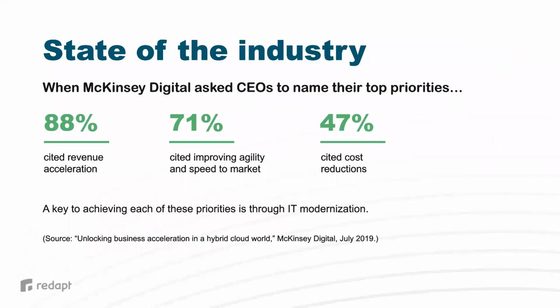So here's the lay of the land in terms of how we understand where things stand. These are numbers that we pulled from McKinsey Digital, the survey that they did in July of 2019. Three of these numbers sounded very interesting to us, and so we popped them up here so we can have a discussion around this. That again indicates the state of the industry, right? So when we look at the top 3 things on a CEO's mind,